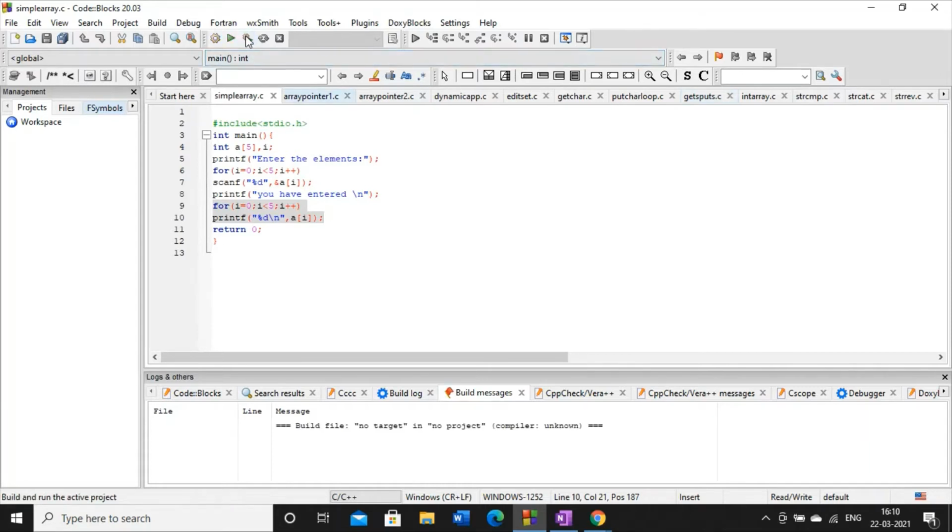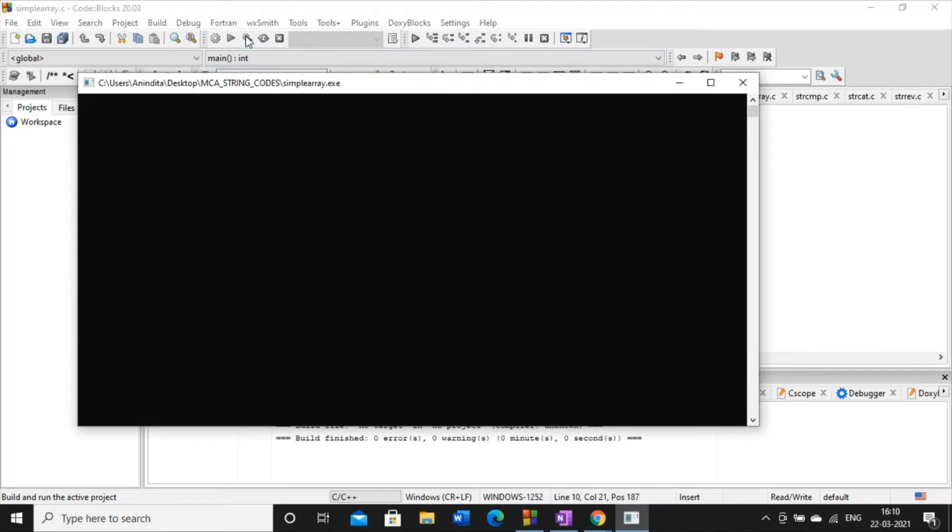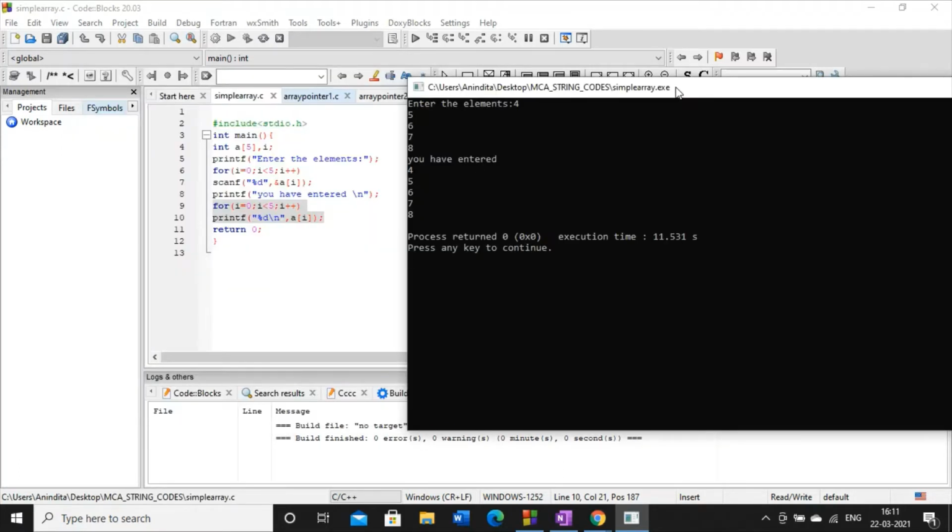So if I execute this code, enter the elements. I will enter the elements one by one. My point is, you can use the array subscript or index to access any element stored in the array.